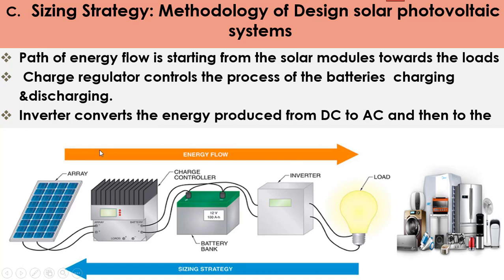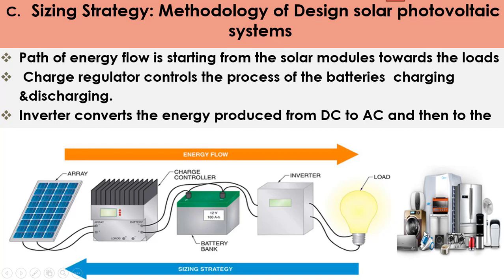Now, after we know the flow path for energy, if we would like to size the system, we shall start from the load. So the sizing strategy is in the opposite direction of the energy flow. When we want to calculate the system size, as we will see in the next lecture, we will